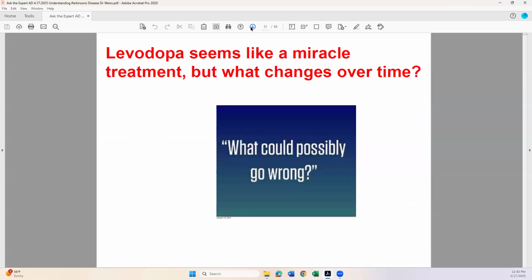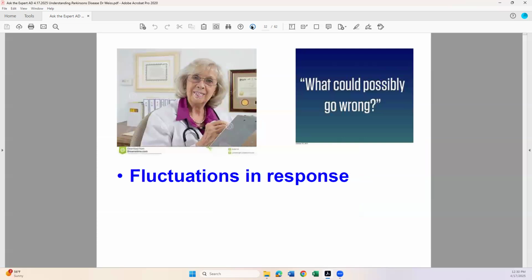So levodopa really was a miracle drug. I think we sort of take it for granted because it's been around now for over 50 years. It certainly changed things, but it didn't solve all the problems. So what can go wrong over time? Next slide. Well, one of the first things that goes wrong is that the benefits of the medication can fluctuate throughout the day. And I'll show on the next slide